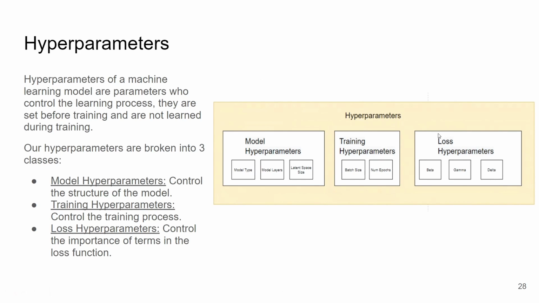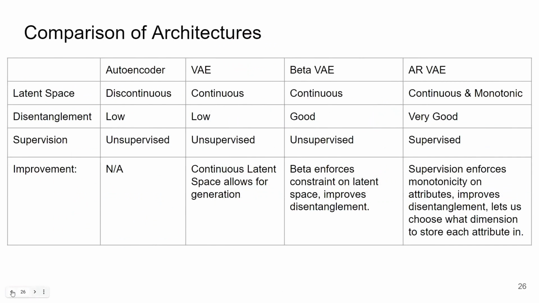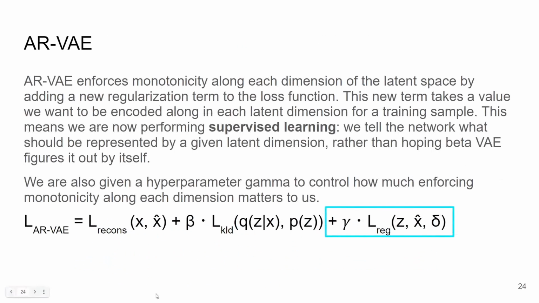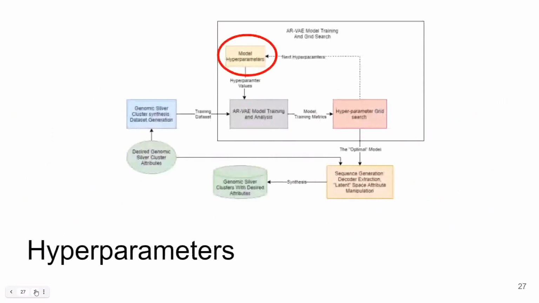And then finally, the loss hyperparameters, which are the three variables within the loss function here. So we have the beta, which controls the KLD loss, and gamma, which controls how much we care about separating into individual dimensions, or how much we care about controlling those individual dimensions. Beta controls how much the separation actually occurs, right? So moving forward here,